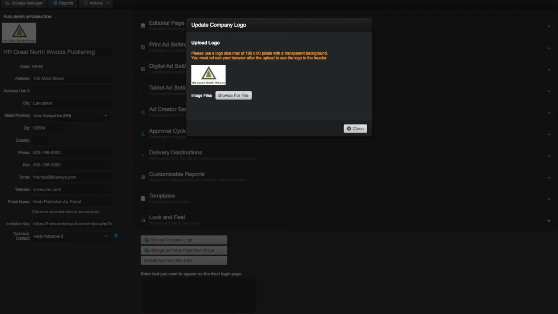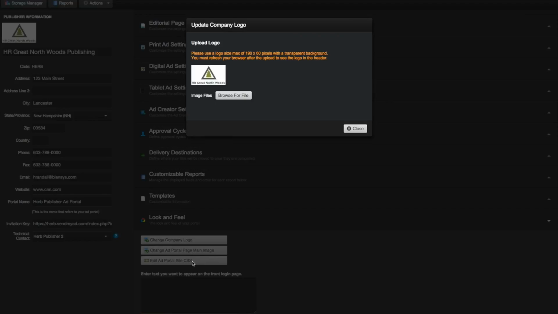In each of these cases, we try to tell you what the exact size is, what is the size that you can use for your file. If you don't follow our instructions, your logo is not going to fit in the space provided. It tells us exactly in pixels what it should be, and it also gives you the handy advice to refresh your browser after the upload. That is the case for pretty much all of these, maybe not every single time, but for the most part, if you upload a new logo, you're going to have to quit your browser,